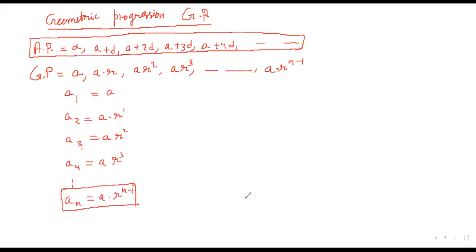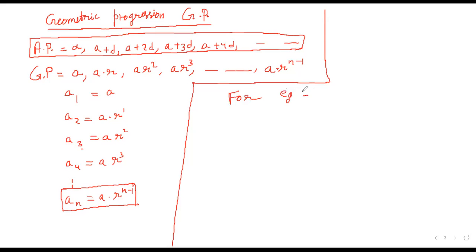So after this discussion, we can now easily find the terms of a GP. For example, how to identify a GP? We have to find the common ratio only. How to find the common ratio? This R is called the common ratio, and A is the first term, like in AP. A1 equals A is the first term. Now how to find the common ratio? The common ratio can be obtained if we divide A2 by A1, and it must be A3 by A2 also.